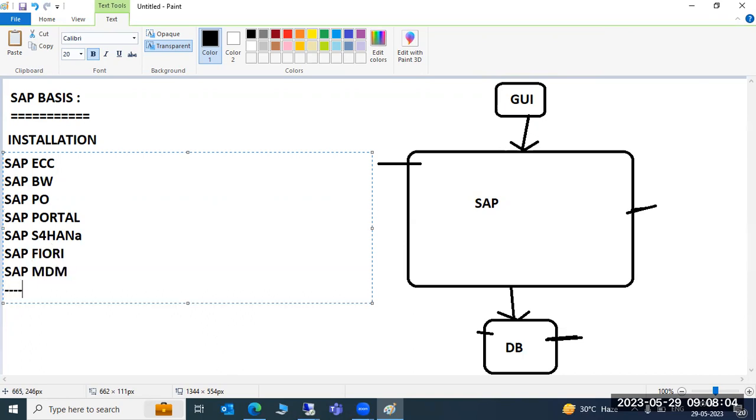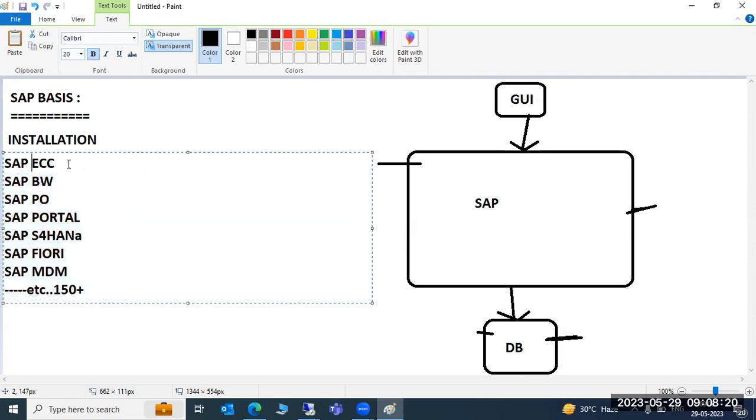Still n number of modules are there. In total, 150 plus modules are there in SAP. So like that, we have many technologies in SAP.